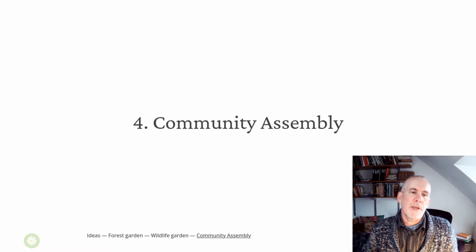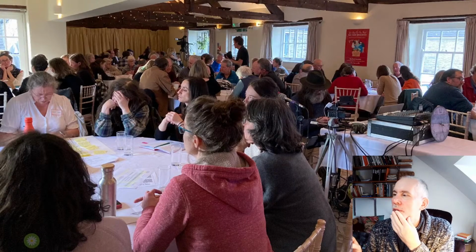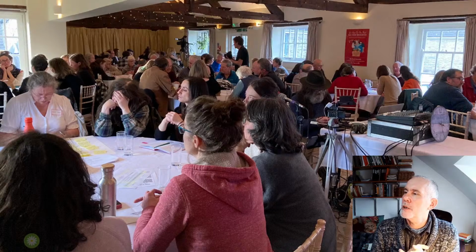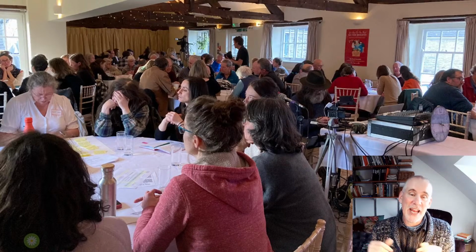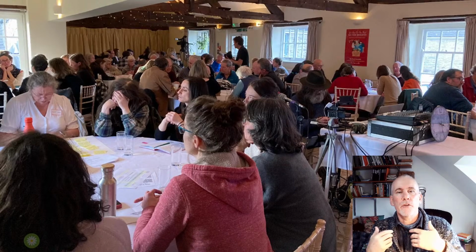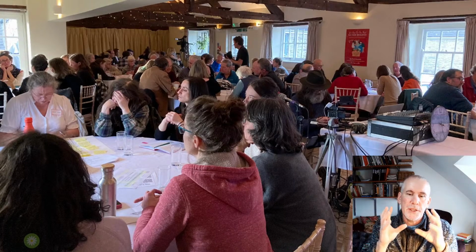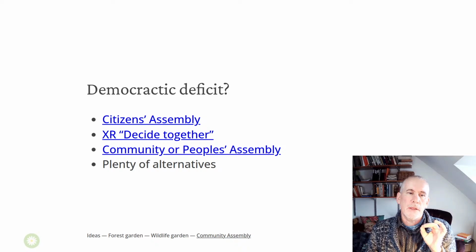Now, I just want to talk about the community assembly. What is fascinating, this is a community assembly. I can't remember whereabouts it is. This is a photograph from Denise, who's a community activist. She's brilliant. It's a group of people sitting together around tables. But the process is, for a community assembly, you have a particular thing that you want to discuss and make a decision about. It's a decision-making process, and I think the key question is,